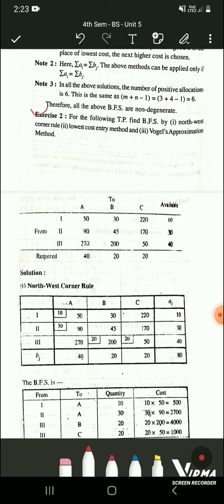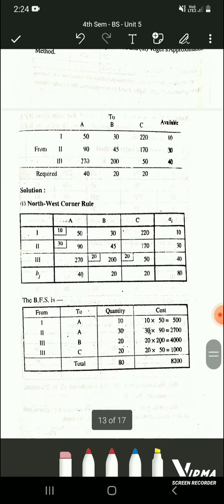So in this question they have already formulated a transportation problem. In the earlier problem, if you can see, they had given this availability and requirement in terms of statement, and they had asked an additional question to formulate the transportation problem. In this they have directly given the availability and requirement in rows and columns. So there are three origins, that is 1, 2 and 3, and there are three destinations A, B and C. So they have given the cost matrix and they have given the availability and requirement.